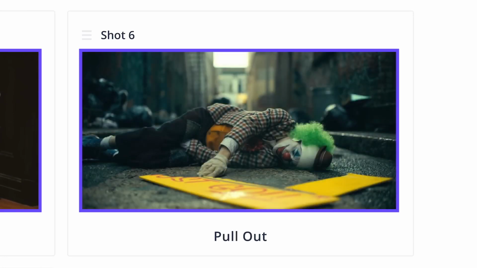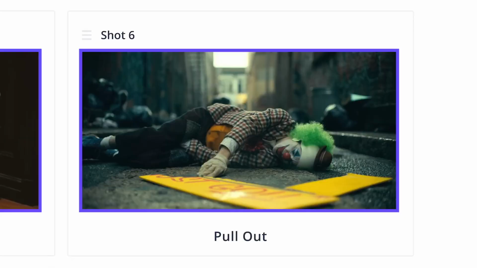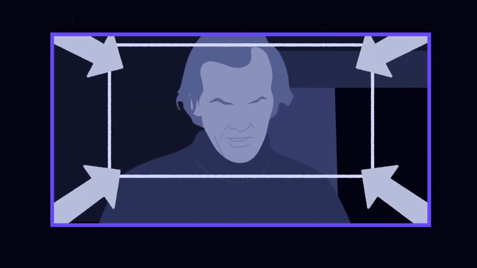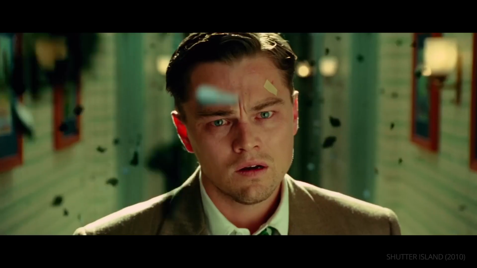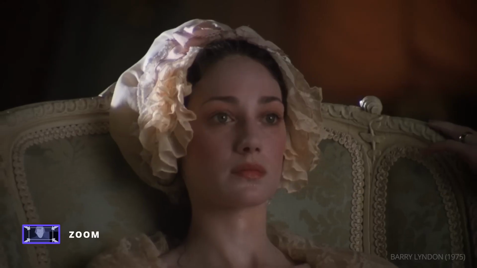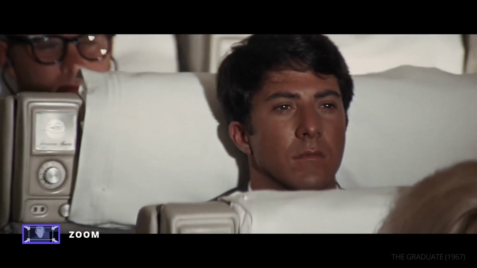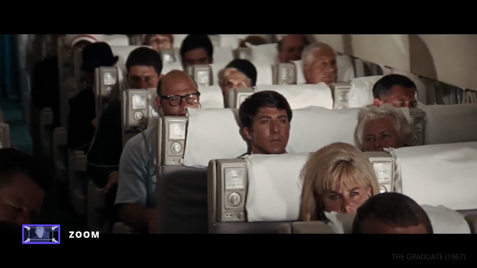Our next movement directs our attention without moving the camera at all. Enter the zoom. A zoom may not be a camera movement per se, but there is movement created in camera. Zoom shots change the focal length of a camera's lens to zoom in or zoom out. Similar to pulling back a camera, zooming out can reveal the context around a subject, like this opening shot from